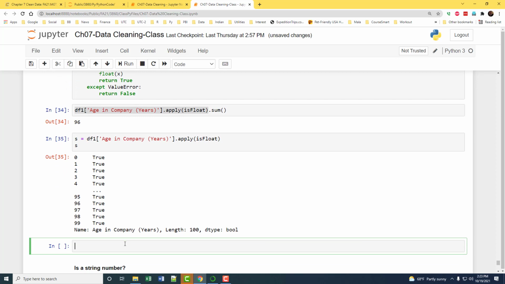Now we can use this mask and see only those which are false, right? So we can go to df1, okay, dot loc. Now we want only false, so you have to say not, yes, this squiggly thing is not. Okay, so the opposite of what we have there. So we want all the rows that are false,